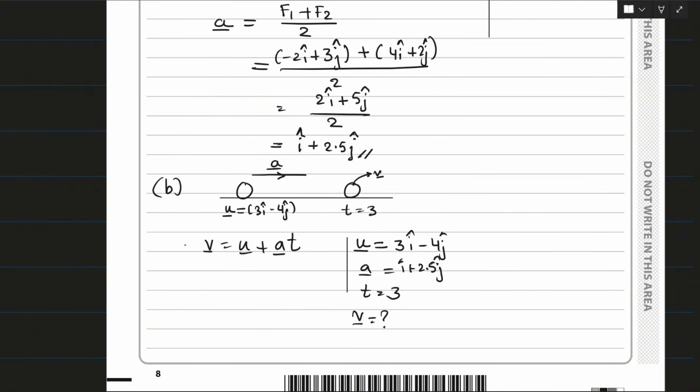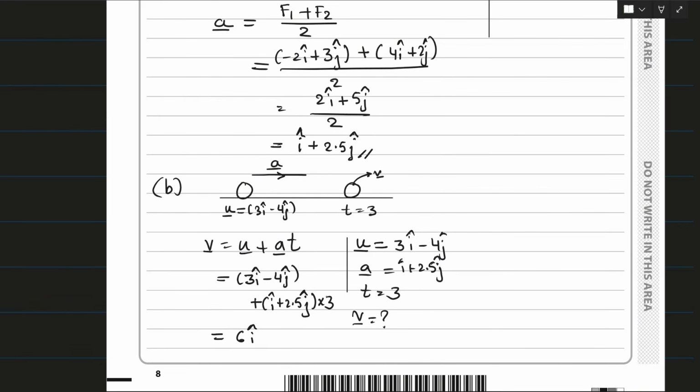We see that in this formula, v, u, and a are all vectors. That's why I have written them using underscores. Now I will substitute their values in the equation. So we have u as 3i minus 4j, then we have acceleration as i plus 2.5j, and we have time, which is equal to 3. Simplifying this gives us